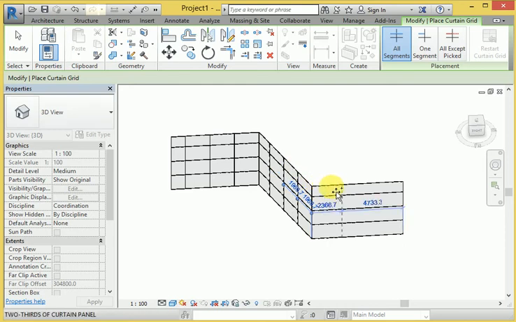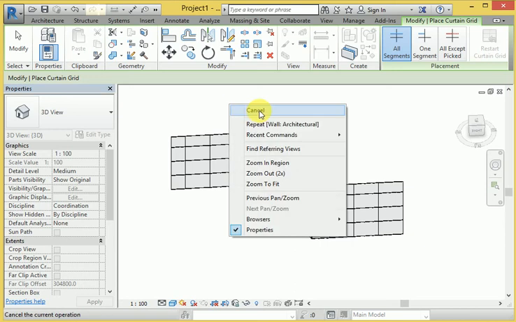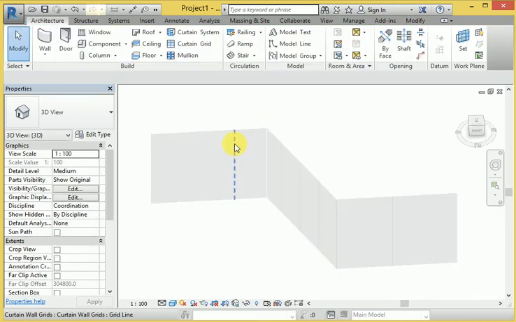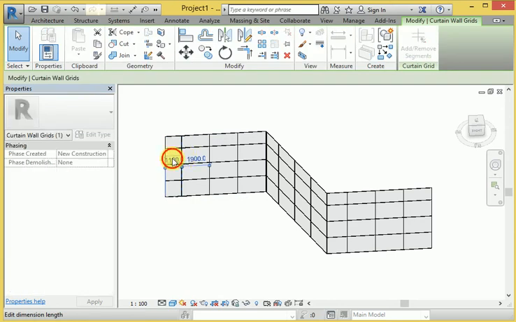Apply the grid, and click this particular grid, and right-click and cancel. Again right-click and cancel, exit the command. And I want to adjust this particular height and length, I will get 1500.